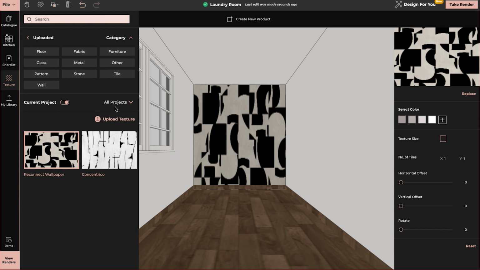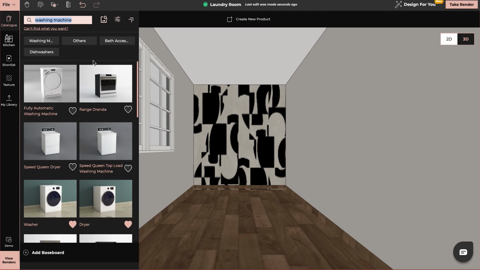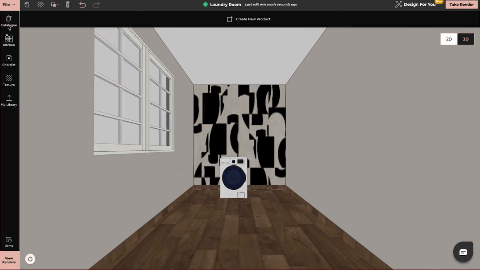Now I will add texture to the other two walls. I would then start adding the furniture. So I go to catalog, find the washing machine and the dryer that I need to add. Here they are. Click on each of them and drop it